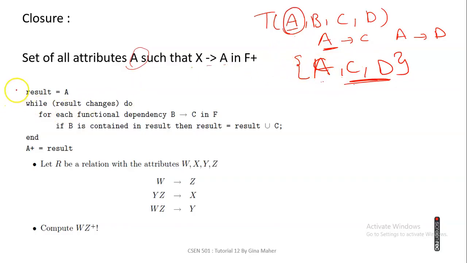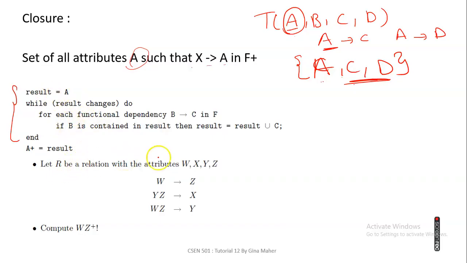How can we get a closure of an attribute? There is an algorithm introduced in the lecture to calculate the closure of any attribute. Result equals A, while result changes, do for each functional dependency B implies C in F: if B is contained in result, then result equals result union C, and A plus equals the result. Let's take an example to understand this